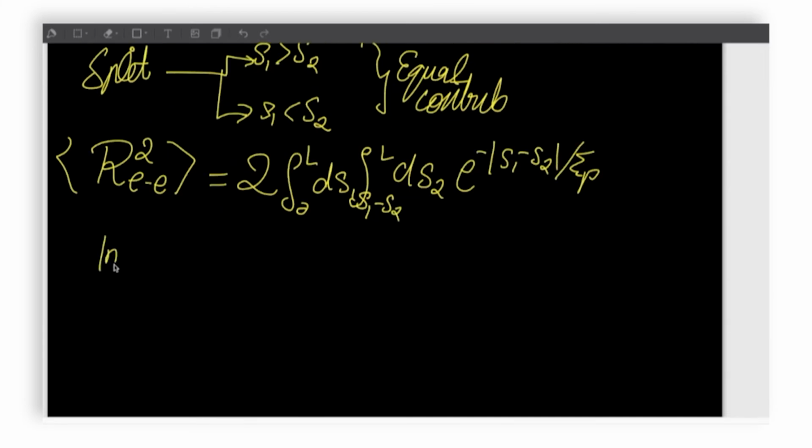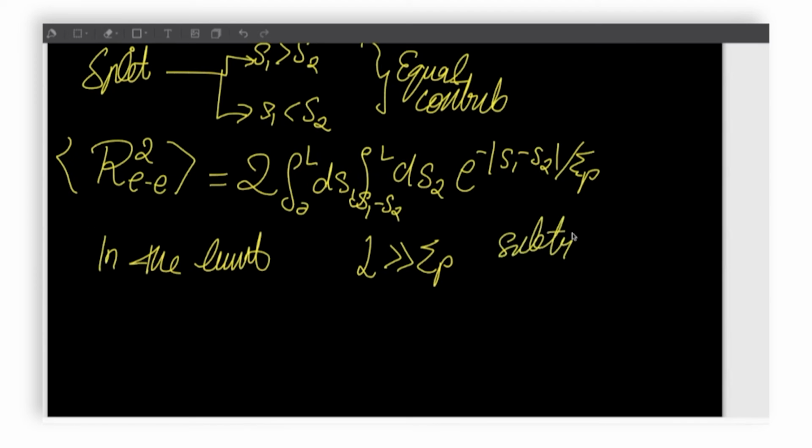In the limit that the contour length is much greater than Cp, which is reasonable, we can subtract delta s from the upper and lower limits over here,